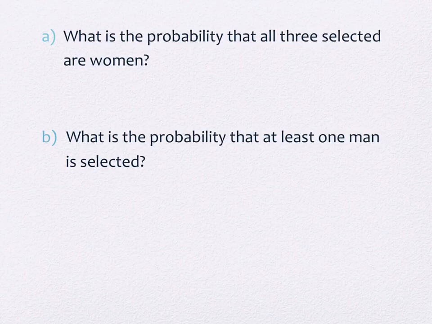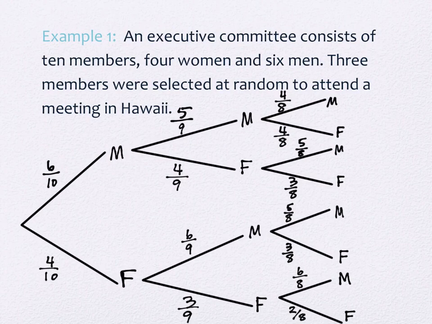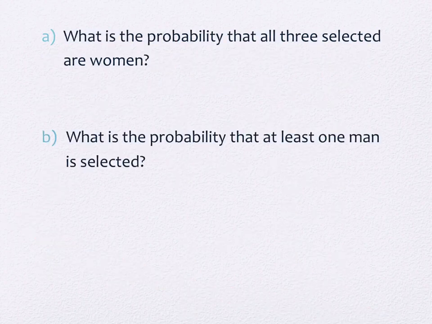So the first question said, what is the probability that all 3 selected are women? So where do you see that happening on this diagram? The very bottom one, right? Okay, it's down here. And what we heard in a previous slide is that to get the probability along that branch, I simply multiply the individual probabilities that happened. Okay? So we're going to be multiplying those individual probabilities, which is 4/10,